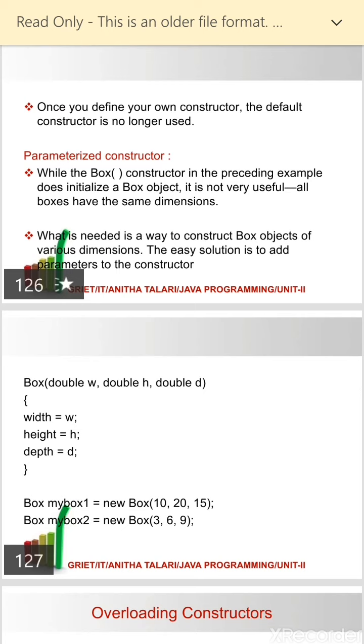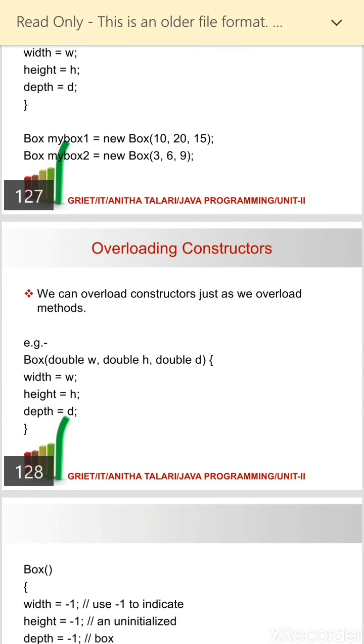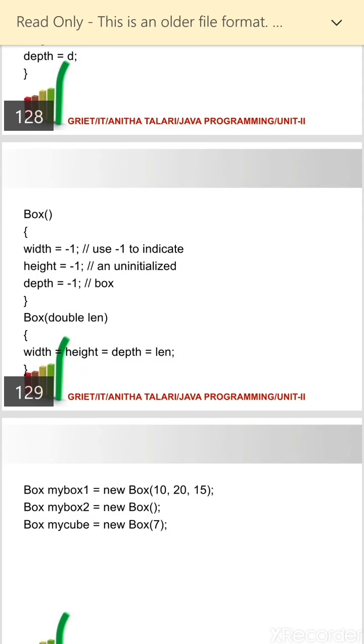As we have seen earlier, as you can overload methods, you can overload the constructors also. A program which has different versions of the constructor is called an overloaded constructor program. For example, in this you can declare a default constructor as well as a parameterized constructor. Whenever the object is created, the appropriate syntax is to be used in order to invoke a default constructor or a parameterized constructor. Thank you.